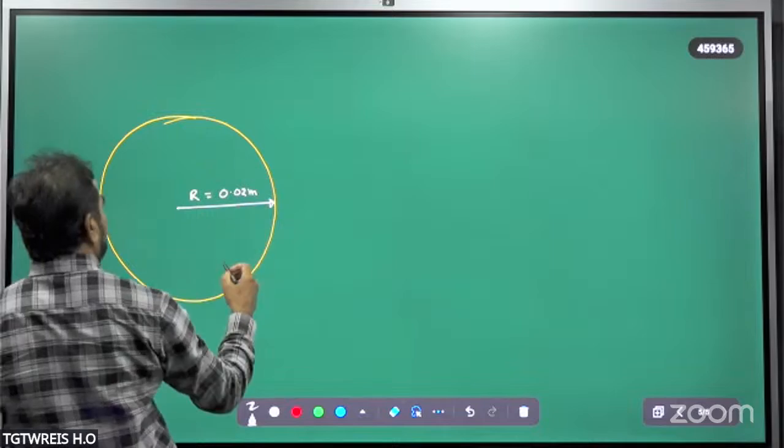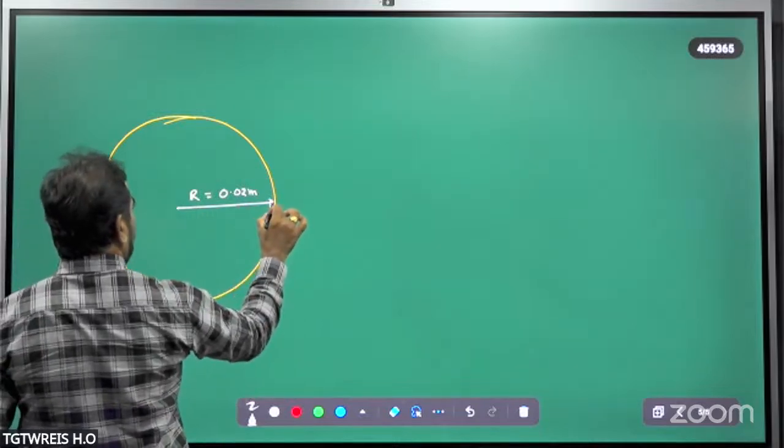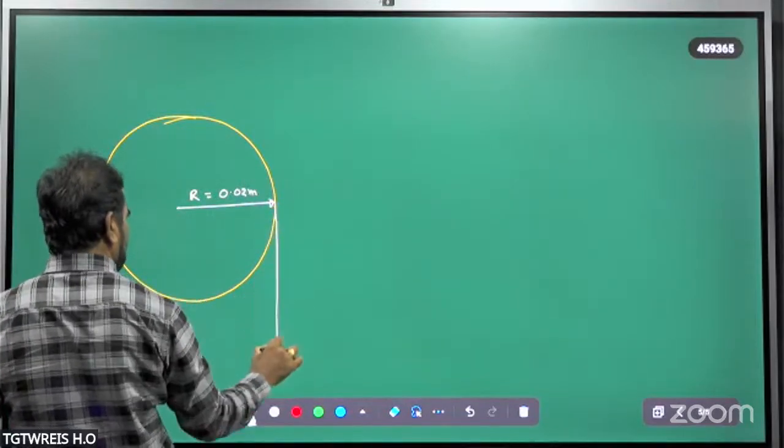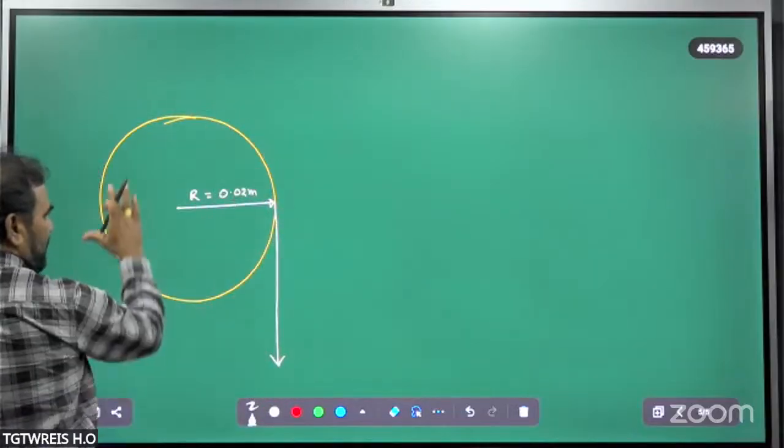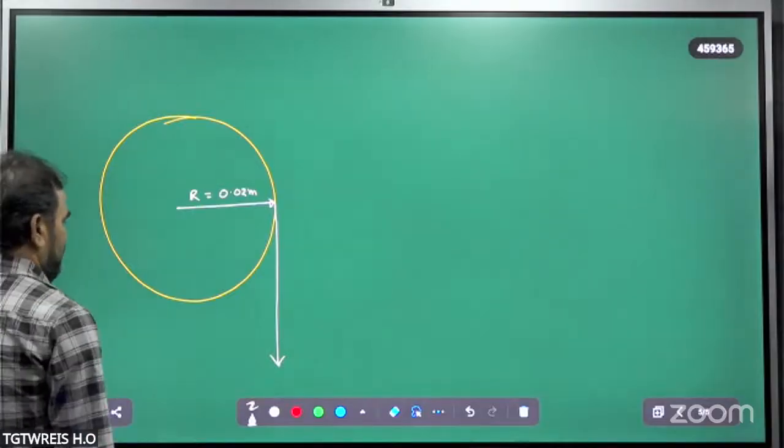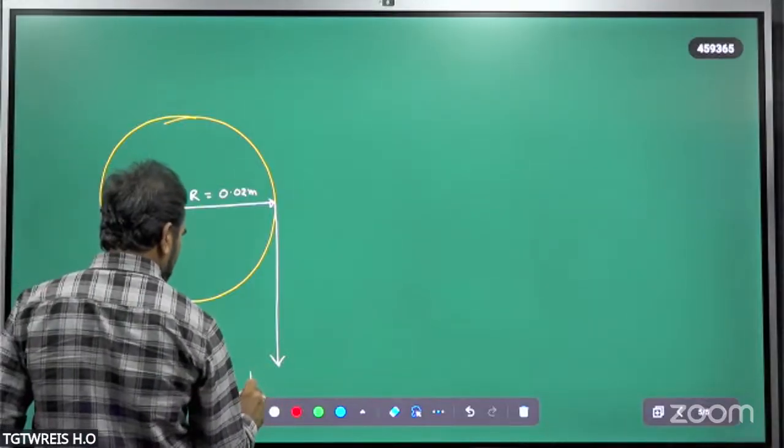Over it, what is happening there? A string has wrapped over it like this. Okay. When a force of F equal to